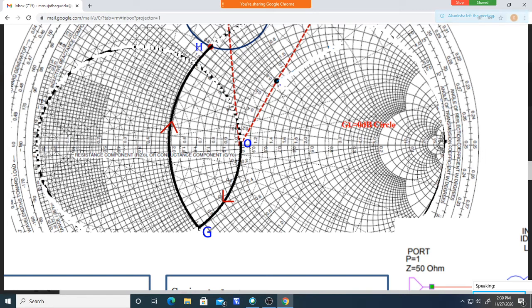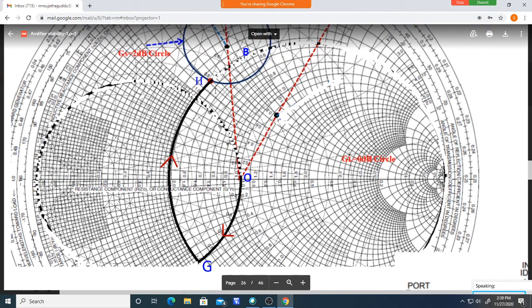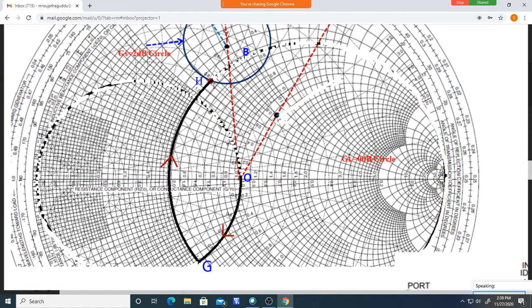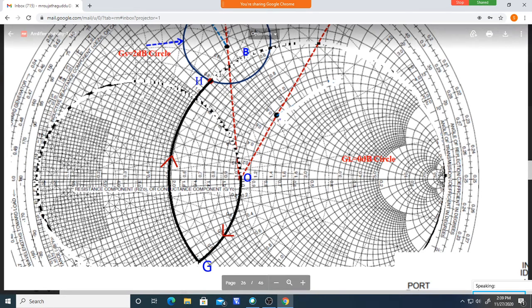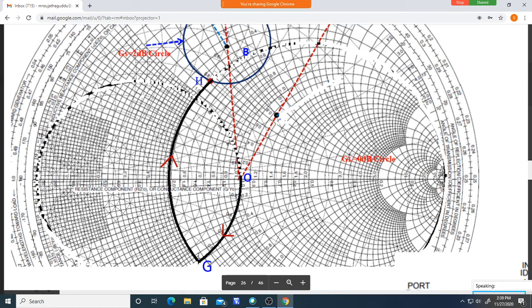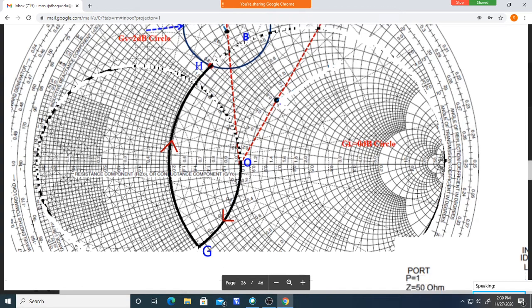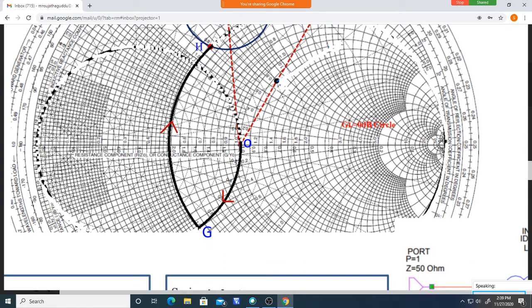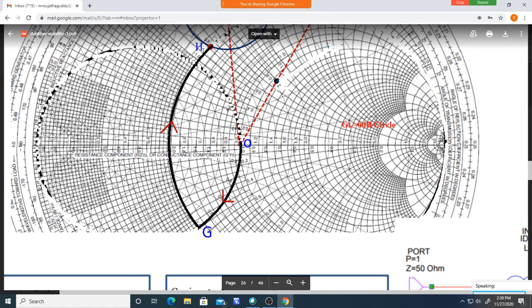You should move until this is the point where you are supposed to reach. Now you see one of the resistance circles is passing like this, through this point. You take that resistance circle. So from the center of the Smith chart, move on the G equal to one circle like this, and stop here where you intersect with the circle passing through this point.